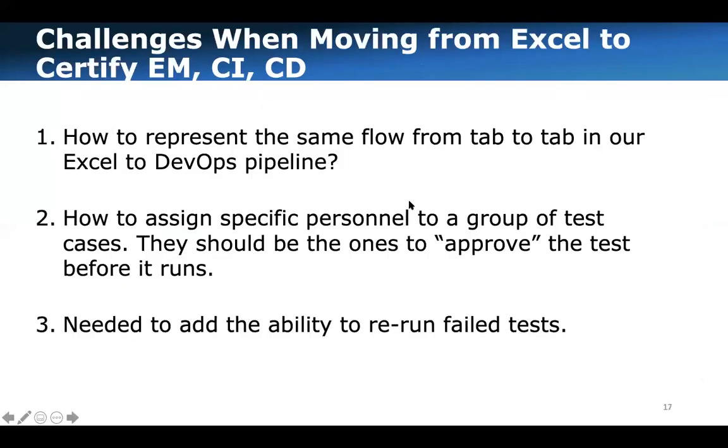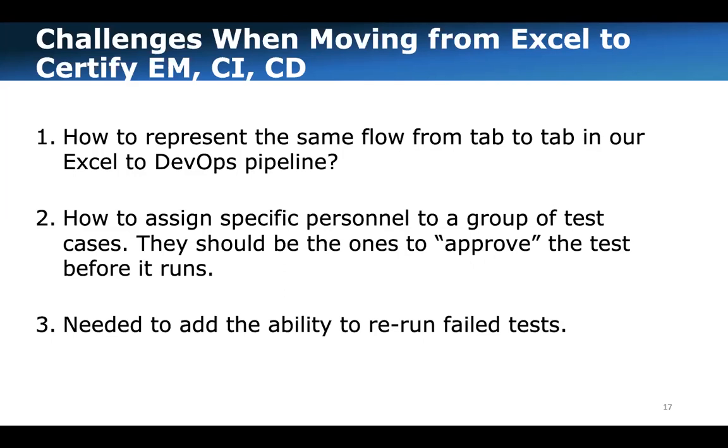And I think that's on the next slide here. Yeah, so the first challenge is how to represent the same flow from tab to tab in our Excel regression test in the Azure DevOps pipeline. The second one was how to assign specific personnel to a group of test cases, like we had done in the Excel spreadsheet. And we also needed the requirement for them to approve the tests before they ran, because in